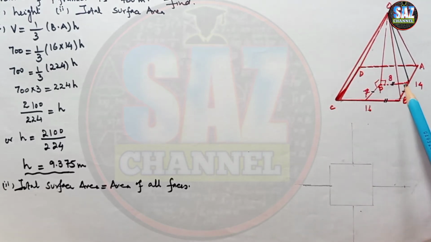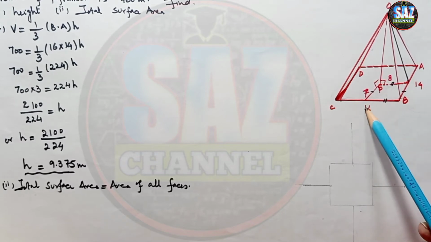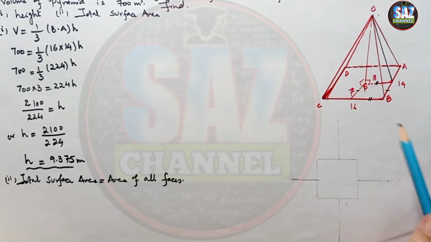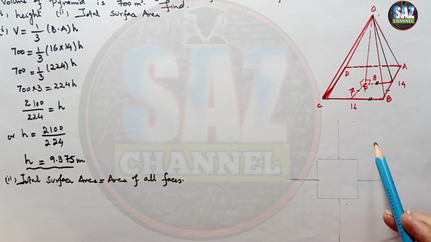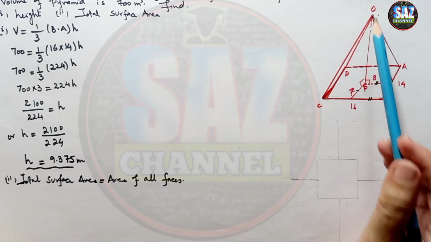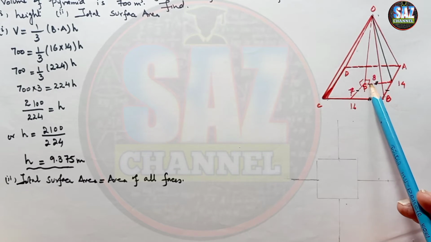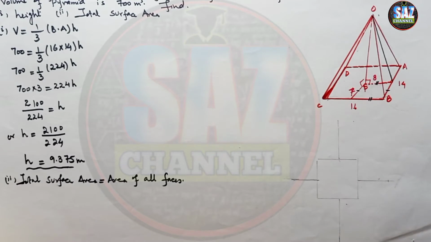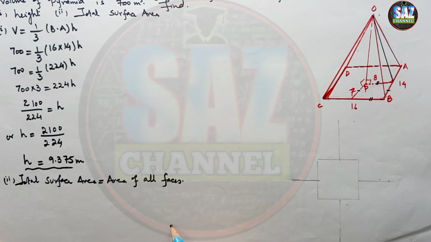The area of the rectangle we can find easily by multiplying 14 by 16, but as the base is a rectangle, all 4 triangles will not be identical. So we have to find the height of each of the triangles. If I drop the perpendicular from O to P, this is the midpoint of the base. And if I join this line to the midpoint of the AB side, I can have one triangle in which we have the base 8 centimeter and height O to P that we have just calculated.